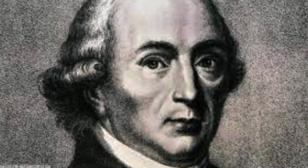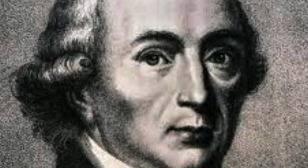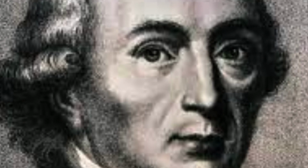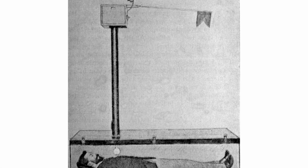The idea of the safety coffin is often attributed to Count Michael de Carnegie, a Polish nobleman. This Polish nobleman had a traumatic experience that left him with a lifelong fear of being buried alive. One day, he fainted and was mistakenly declared dead. He was then buried but awoke underground and had to be rescued. This experience led the Count to design a coffin that would allow a person to signal if they were still alive. His design included a system of bells and flags that would be attached to the coffin and extend above the ground. If someone were buried alive, they could ring the bells or raise the flags to alert others of